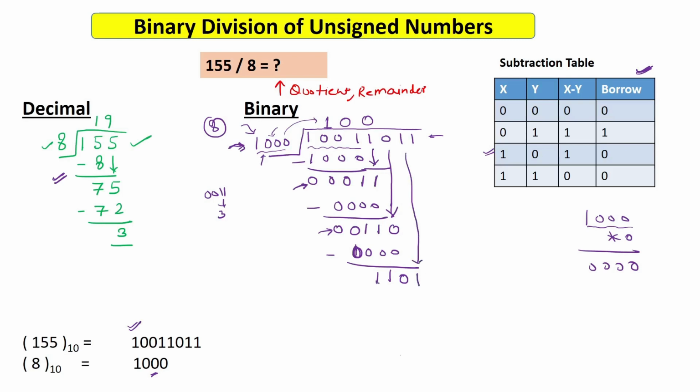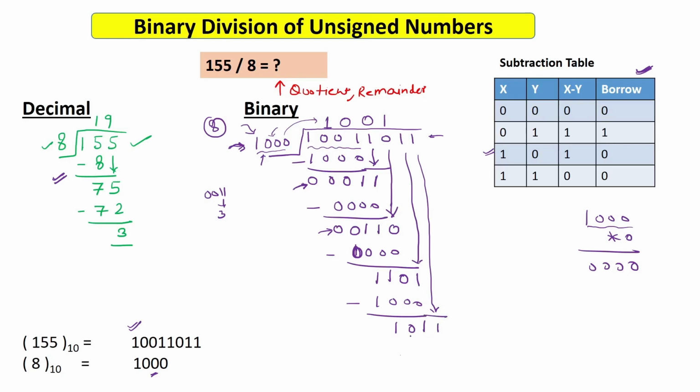So this 1101 is actually greater than this 1000, so you will say now into 1. You will get the divisor here. Now subtraction: 1 minus 0 is 1, 0 minus 0 is 0, and 1 minus 0 is 1. Now 1 minus 1 will be 0, which you can simply ignore. Finally, you copy the last bit.